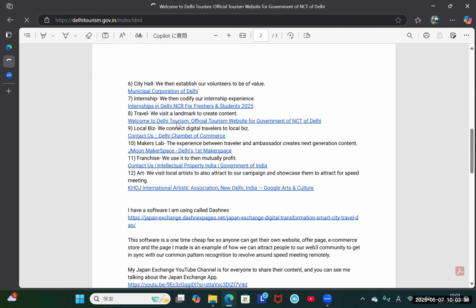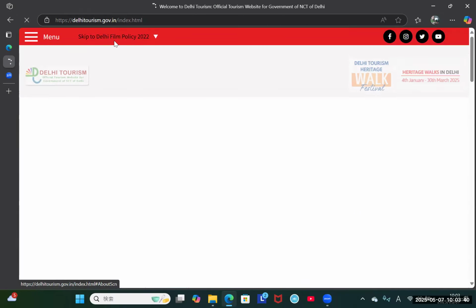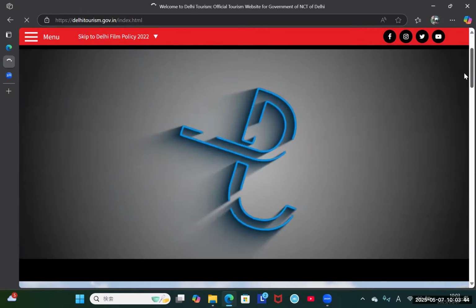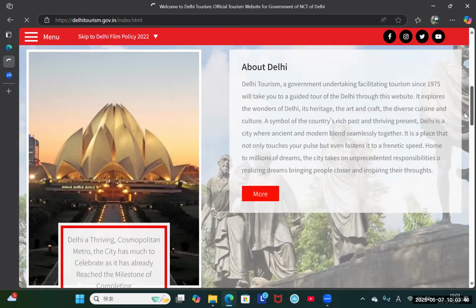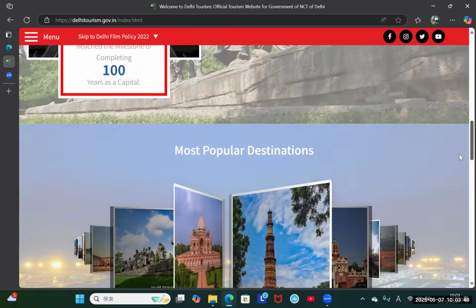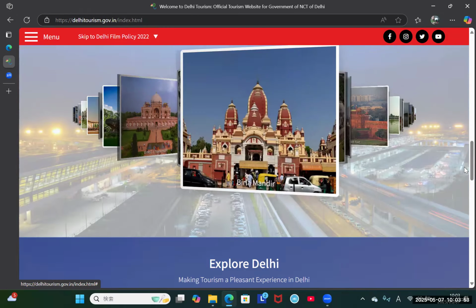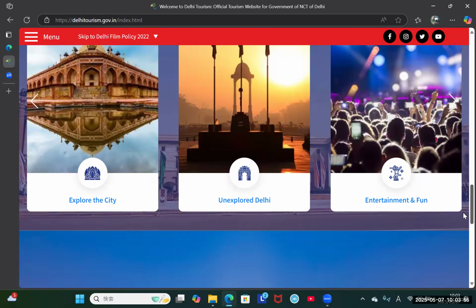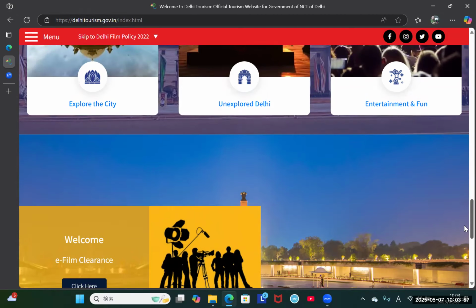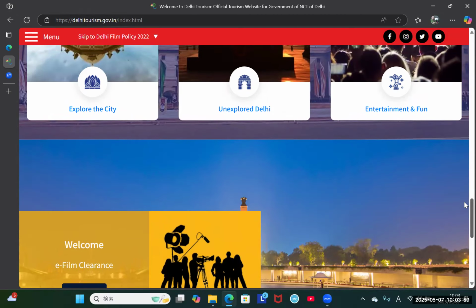Now we're also coming to this Delhi tourism department, because right now this is how people are booking travel to Delhi. And we're offering a new way: not just places you visit, but we become the people you can visit. So this is a whole new way to explore the city, to unexplore Delhi.